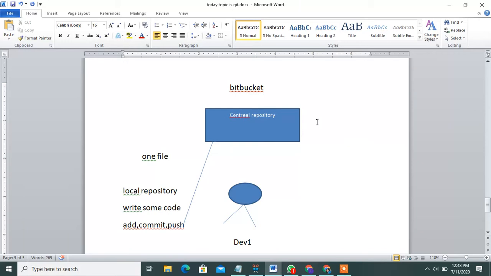Under the central repository, you can access the public repository, and all users can access it.